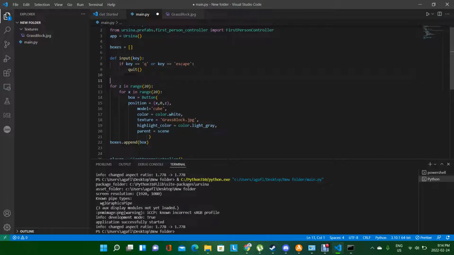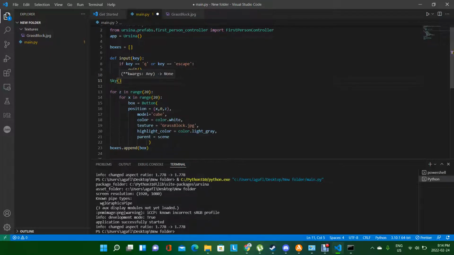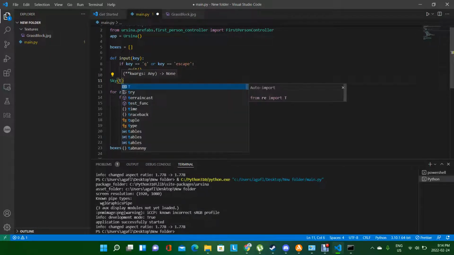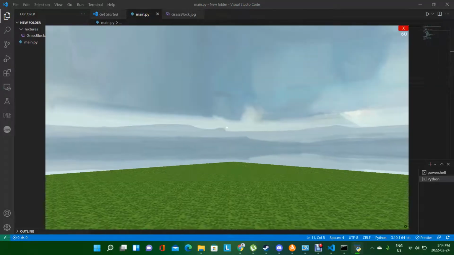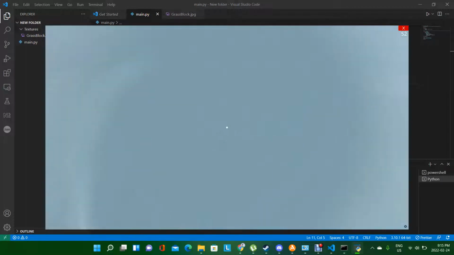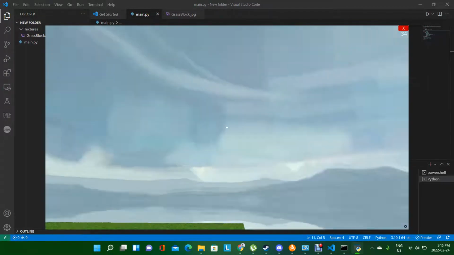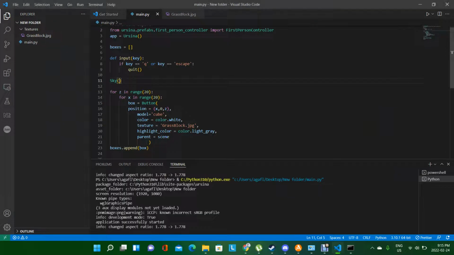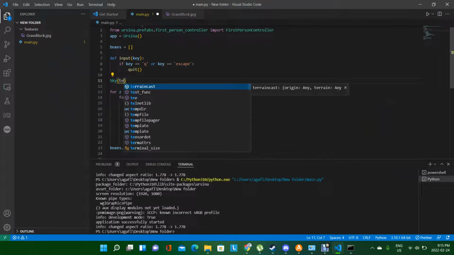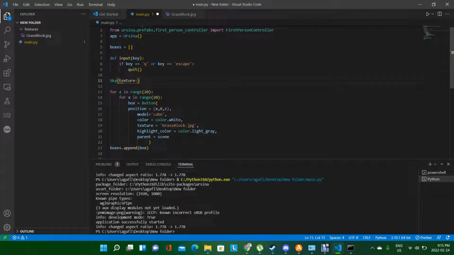So we will say sky, and inside it we're going to say the texture. So my texture, I want it to be just a normal sky. If you do it as a normal sky with no texture, it will just upload this default sky texture. And if you want it to be a sunset, then you will say texture equals